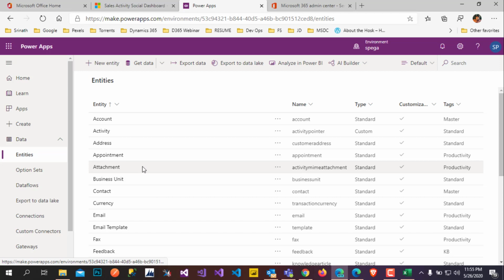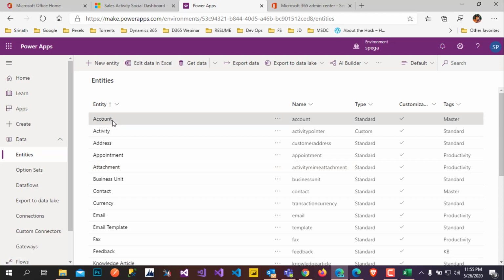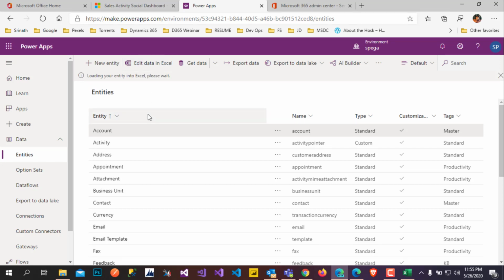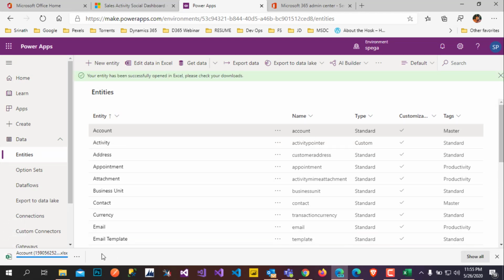In the entities we have the records, so we are going to download the Excel sheet entity-wise. I went to Data, Entities, and selected the account entity. There you will see Edit data in Excel. Just by clicking this one, you will be able to download this Excel spreadsheet.